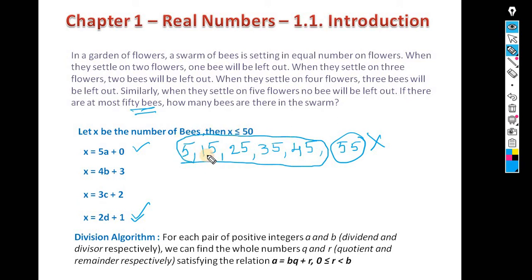So it has to satisfy all the conditions whatever we take. For example, I'll take it from the backward. 45 I will consider. So when I take 45 as my total number of bees, if I consider total number of bees as 5, 5 into 9, if I distribute, 0 will come. That is okay. So next, if I divide with 4, 4 into 4, 11s are 44, 1 will be left over. That's the reason it won't satisfy this condition. That's the reason I am not taking your 45.